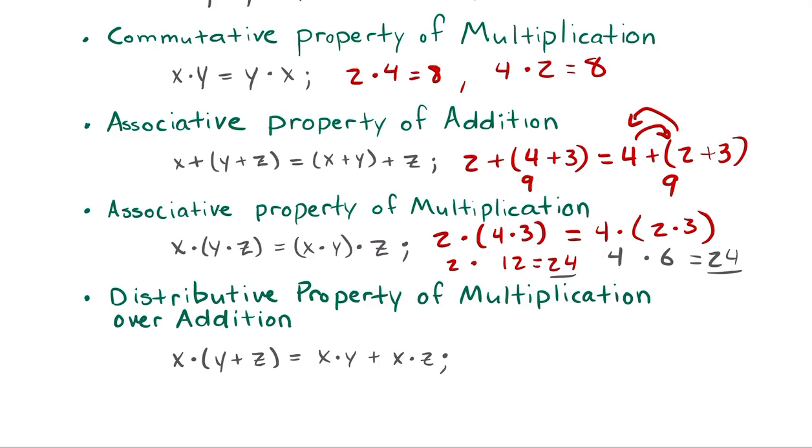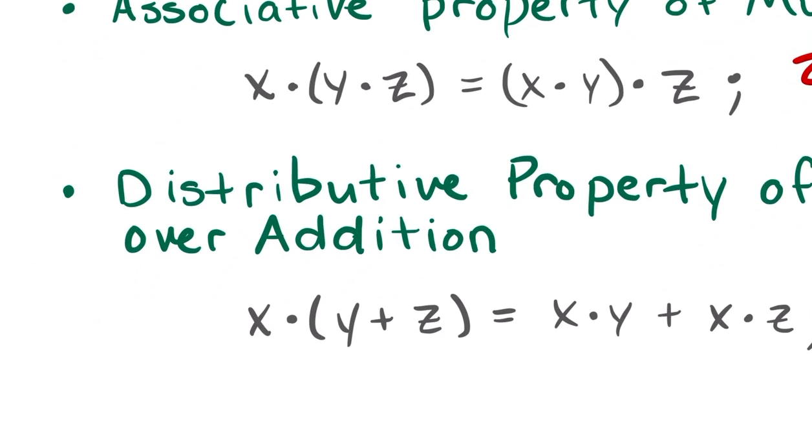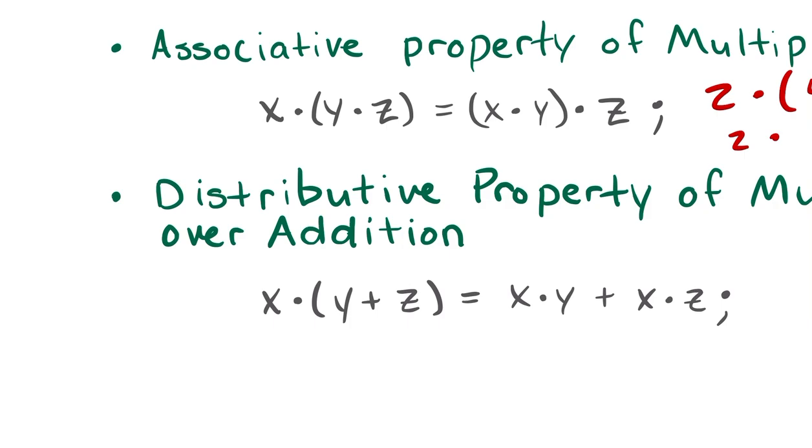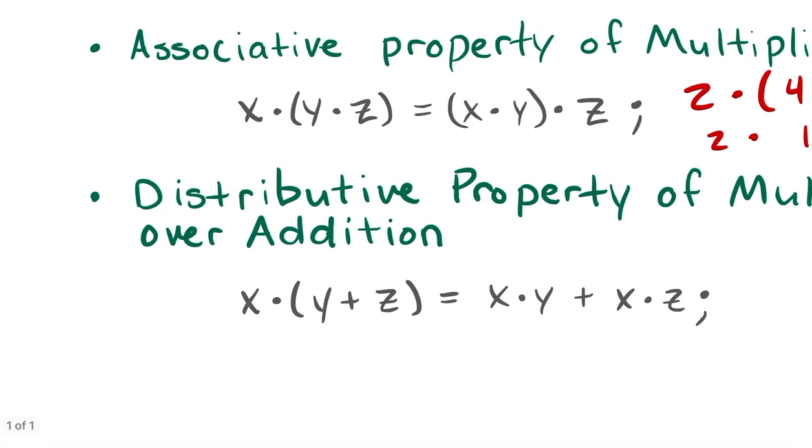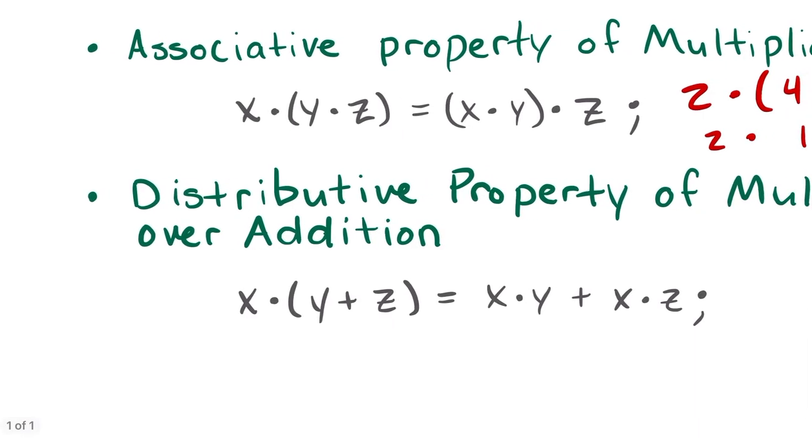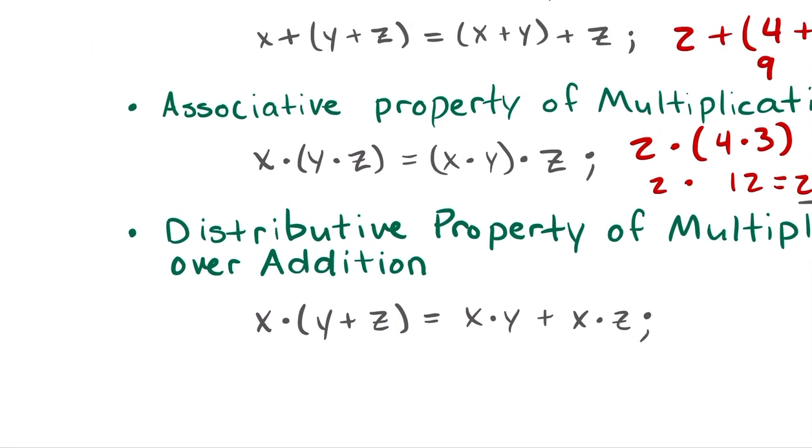And what that means is that if you have some group using only addition, but then you are going to be multiplying that group by some number, then that's going to be the same thing as multiplying each term in that group by the number. And you'll see here it's the group y plus z times x. Well, that's the same thing as y times x and z times x. So let's see if we can show that using real numbers. Let's say I have